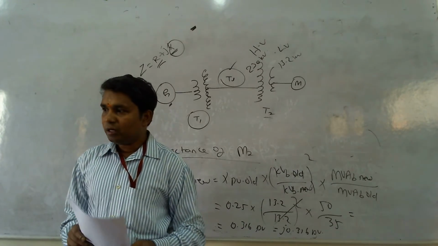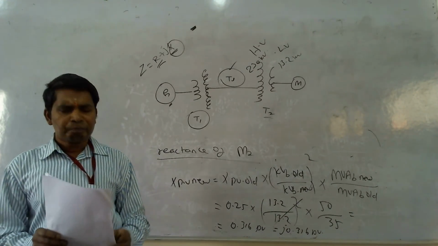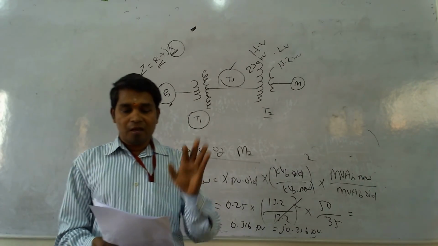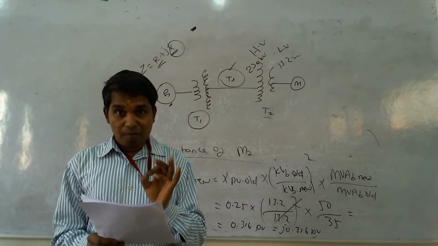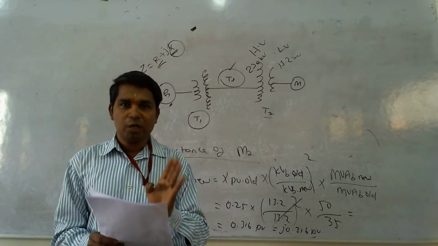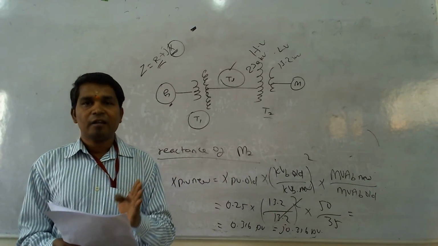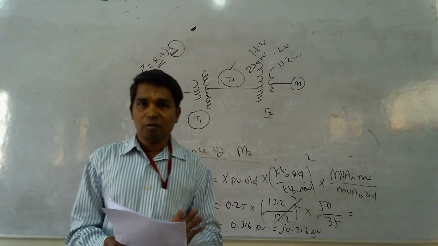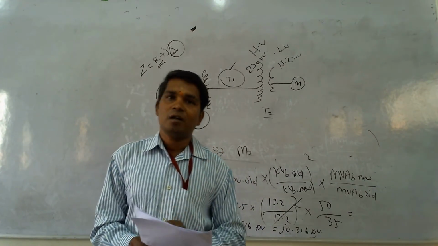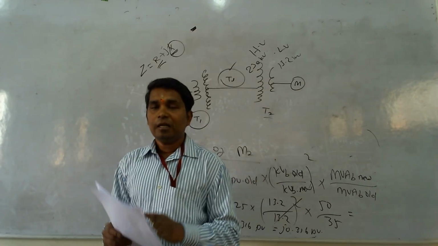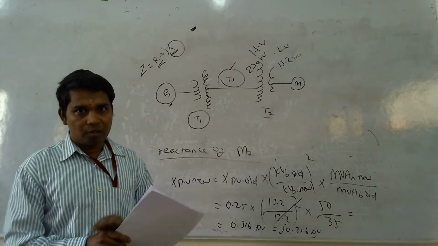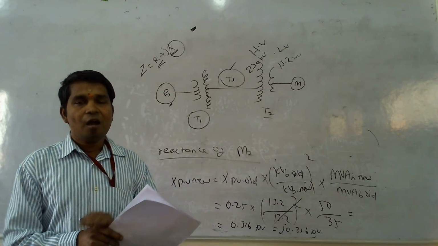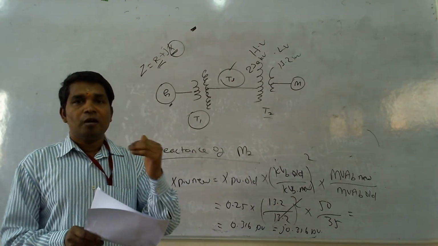So in this lecture we have seen a power system which consists of a generator, a sending end transformer, that is T1, a transmission line, then transformer 2, which is the receiving end side, and a motor, right? With these 5 components we have solved the diagrams for the calculation of how to determine the new reactance value.